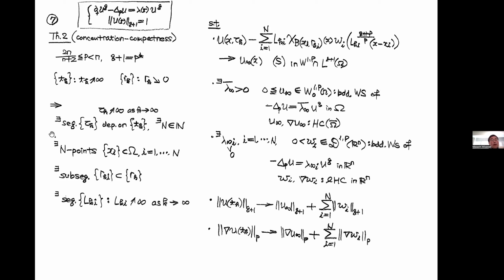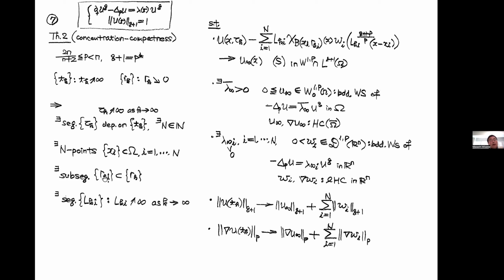Then we have another time sequence tau k diverging to infinity, which depends on Tk. And also we have the finite integer capital N, and we have N points denoted by xi in omega. And we have a subsequence